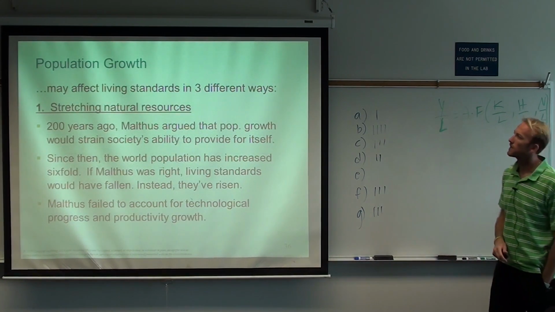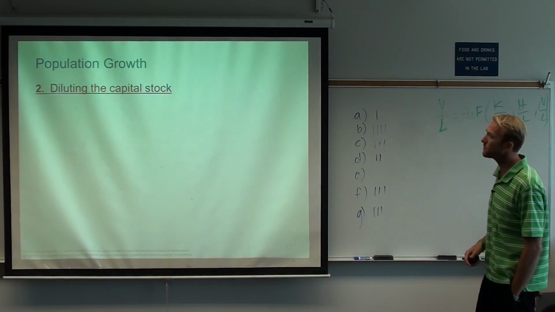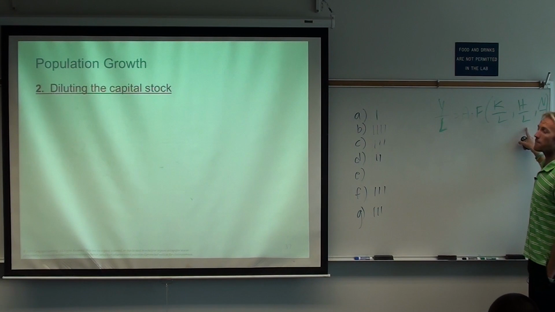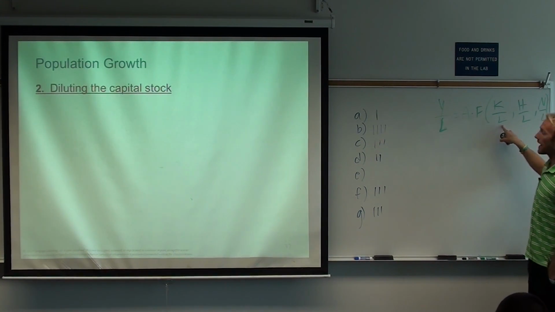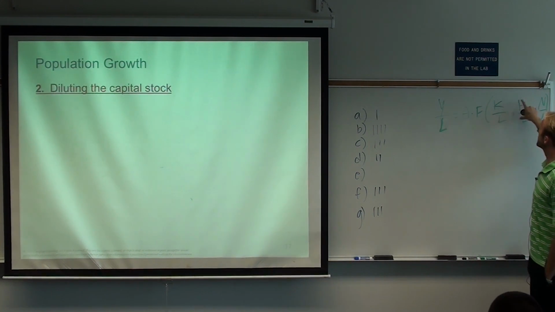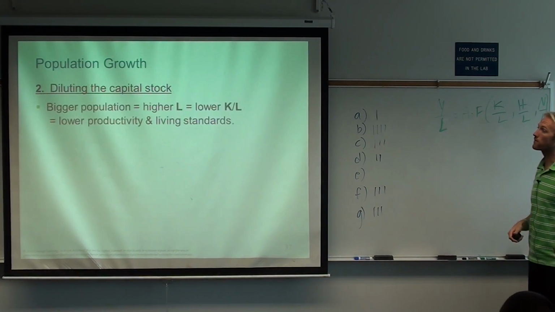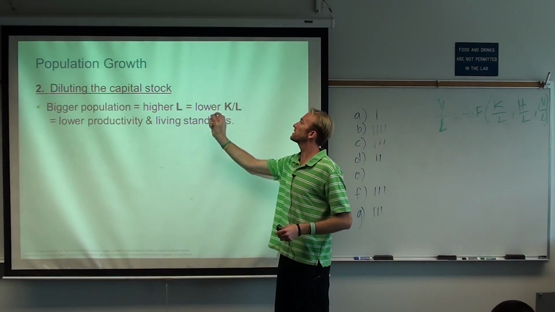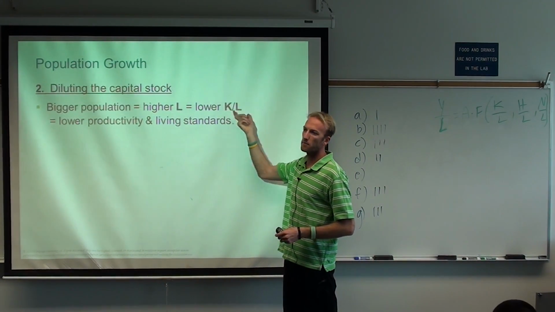Okay, so that's the first way. The second way, it'll dilute the capital stock, right? So for both human capital and physical capital, as the L goes up, these individual terms go down, right? So if I have a bigger population, I have more laborers, then I have less capital per person to